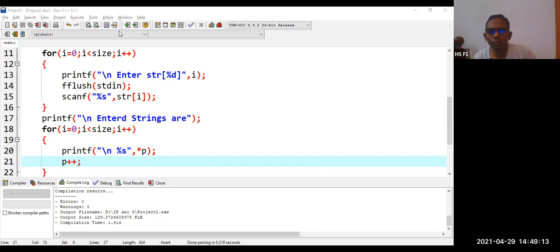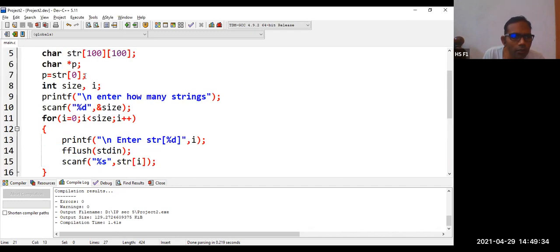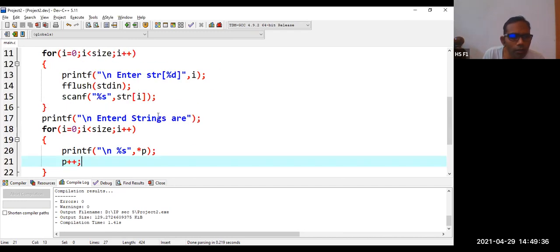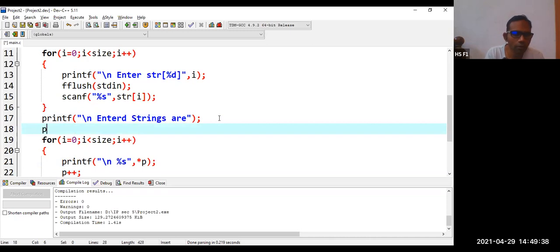Sir, before the second for loop, put p is equal to str. P is equal to str is going to work out. So p is equal to str. But p is equal to str is going to work out.